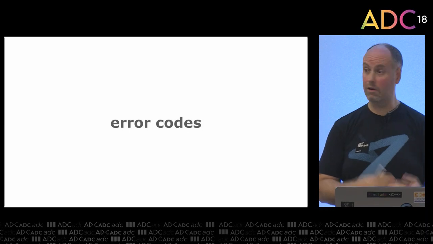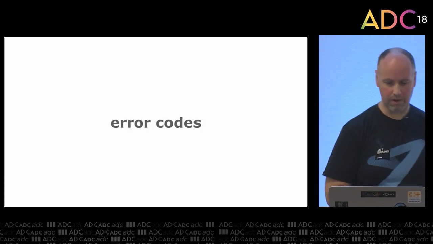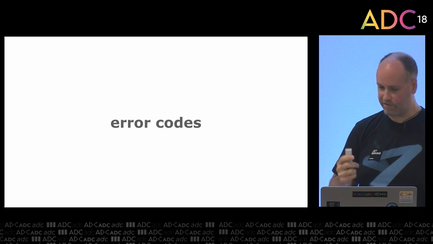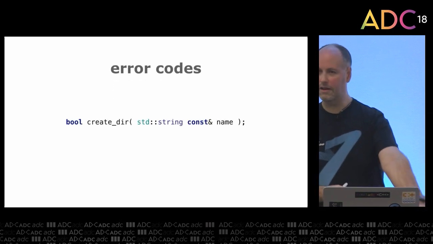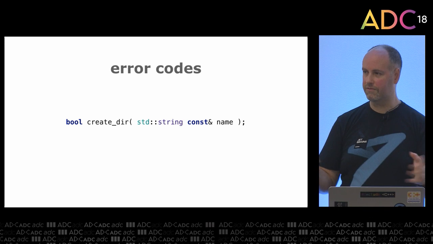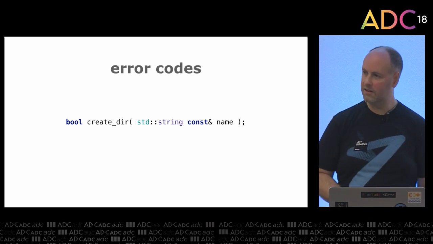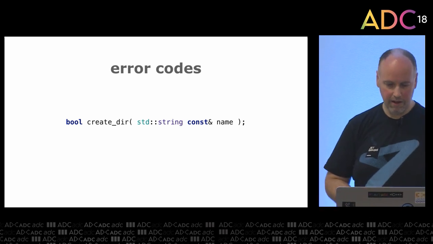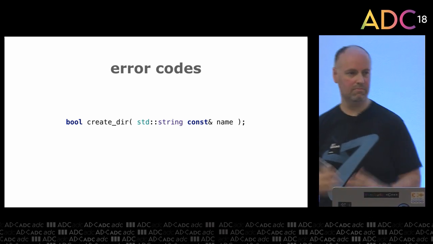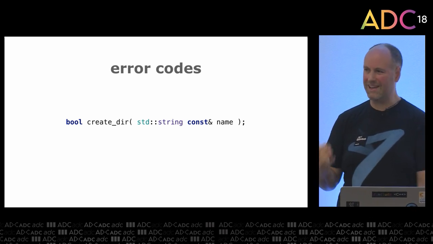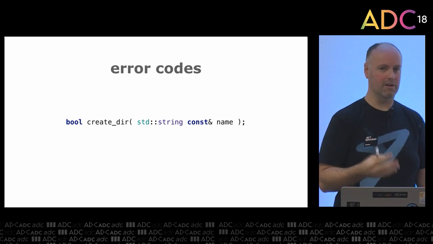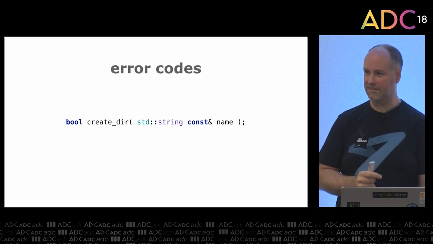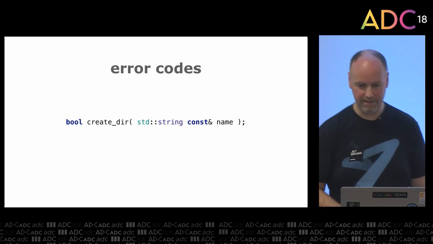So I want to start by looking at error codes. It's the oldest, most traditional form of error handling, and what a lot of us have gone back to if we can't use exceptions. But there are definitely trade-offs, so let's have a look at that. An example I'm going to use is just a really simple function for creating a directory. So it takes a string, and in this example, returns a Boolean, the simplest possible way to indicate an error. And although the Boolean could represent anything, we know by convention that if a function that's not a predicate returns a bool, it probably indicates the success of the function. So it's a strong indicator.